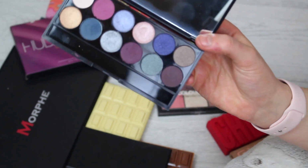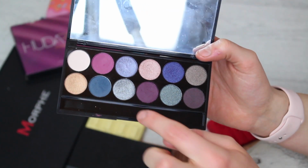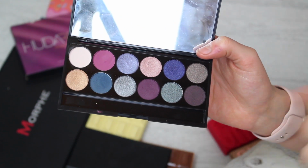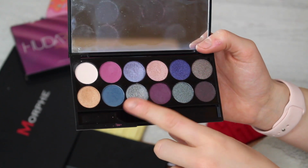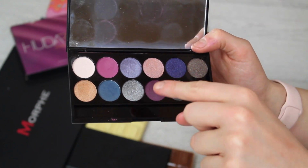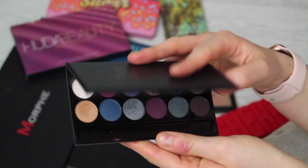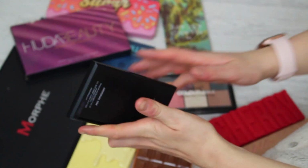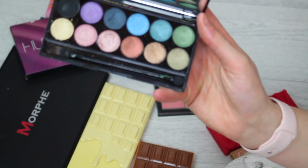Now, I have got shades like this, but I quite like the silver, because believe it or not, I don't actually have a silver. I don't think. Maybe I do actually, that was a lie. But I quite like some of the cool tone ones here, and the lighter shades are really pretty as well. And then I also have the original palette, which looks like this,